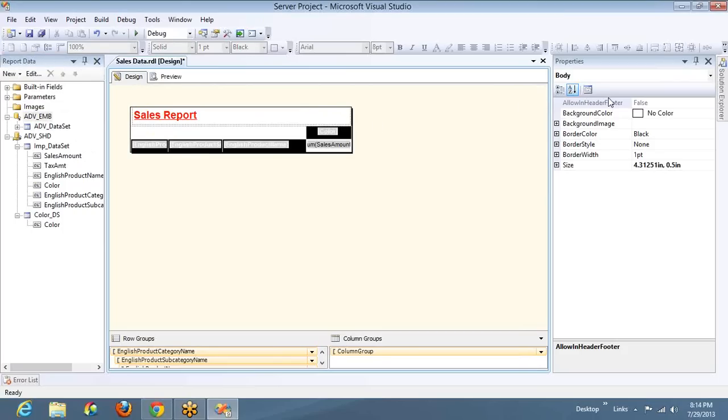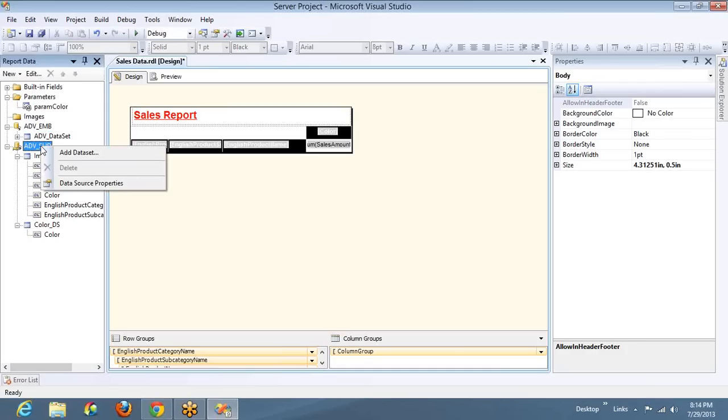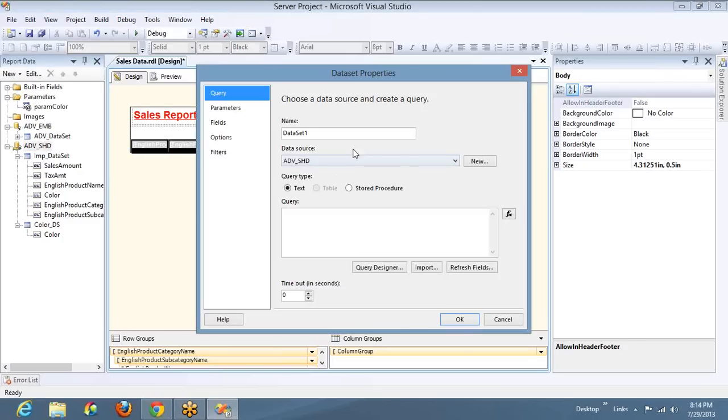Is the first step creating the parameter or creating the data set? Which one is required first as part of the parameter creation? Both can be done, it won't make much difference. Why? Because if you add a parameter, you need to have a data set, or else you have to hard code some values. So better go with the data set creation, from where you will be getting the data for the category parameter and display it. So I'm going for add data set, and I'm going to select it as